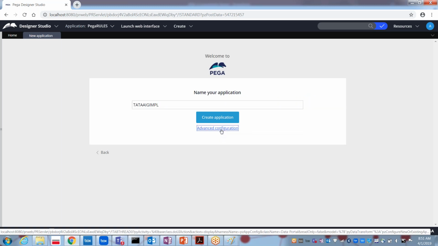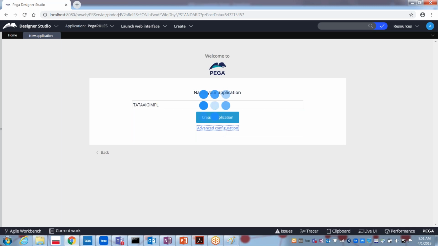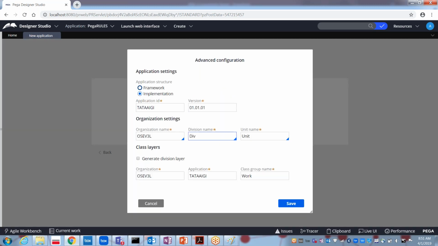Under the advanced configuration, again you can select the rule sets, the class names, the application name, everything. The application ID I want to give AIG IMPL. Again this is the initial version. Organization name AIG IMPL, AIG div, AIG unit.